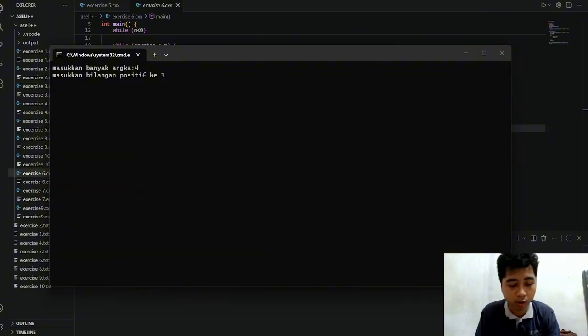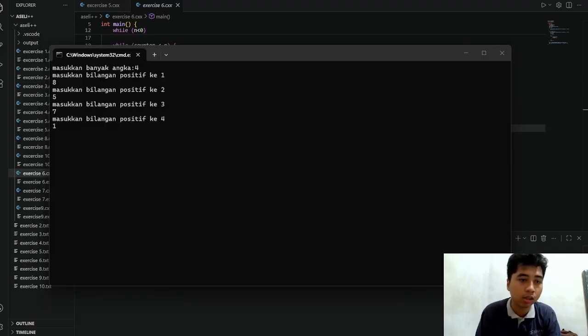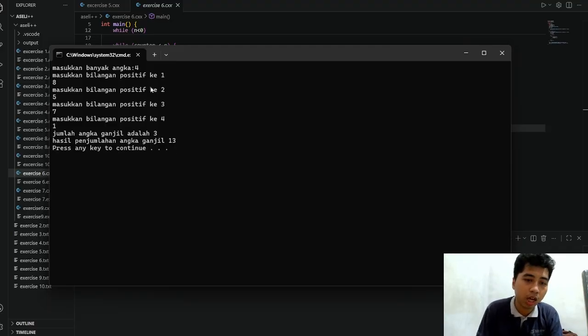I will input the first positive number, and the second one, third one, and the last one. Okay, this will be the cout. "Jumlah angka ganjil" is 3, and "hasil penjumlahan angka ganjil" is 13. Okay, this is how we get the cout.